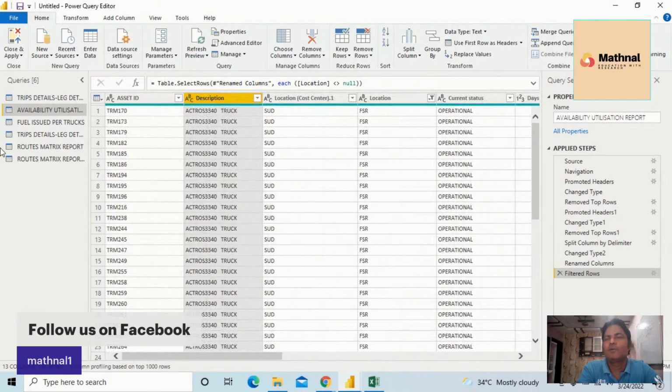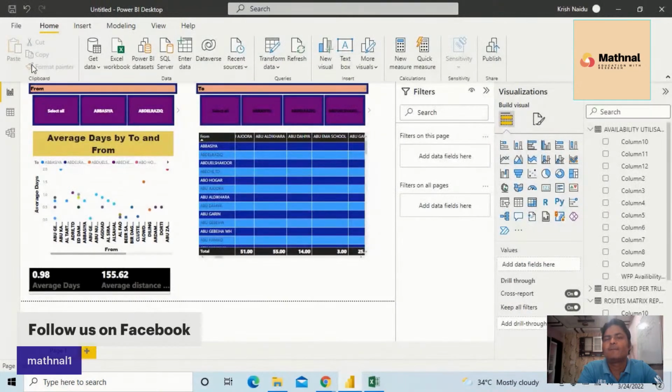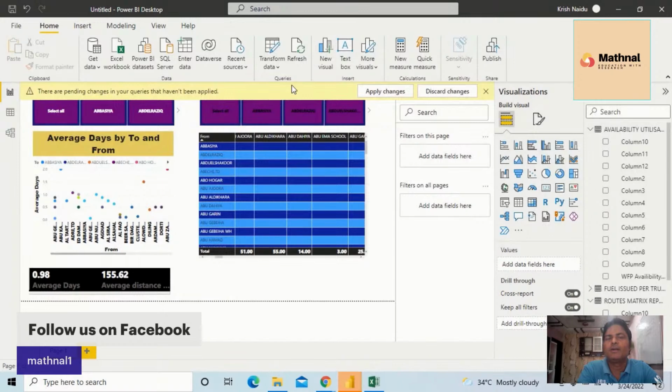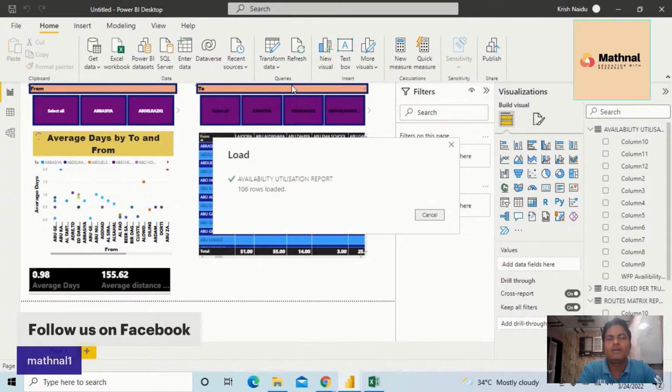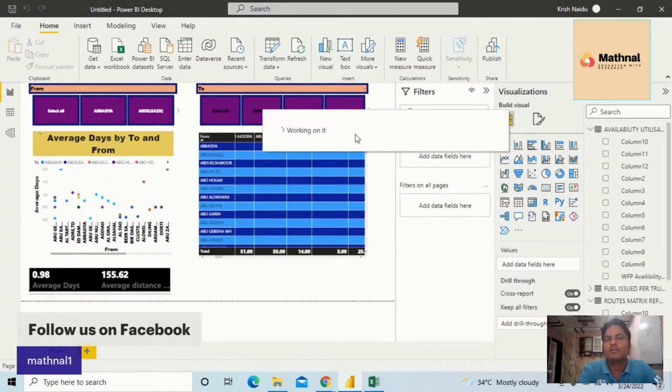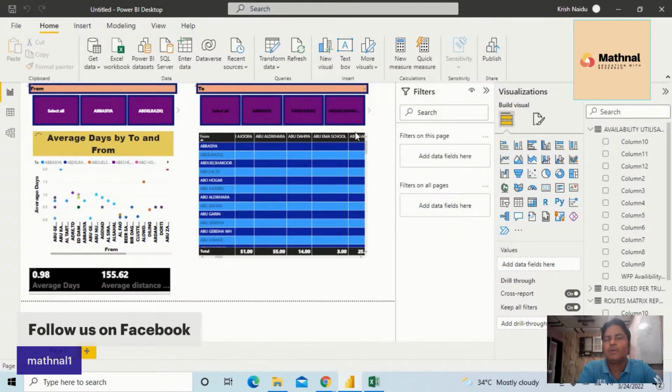What I'll do, I'll put one more page. The data is getting uploaded now. Just now, we have done the transformation. The transformation is taking effect, and after it is complete, we are able to use